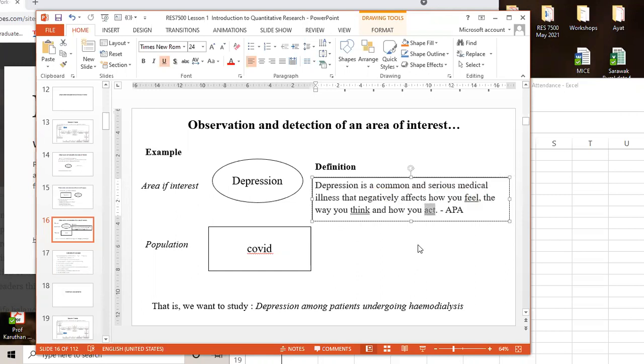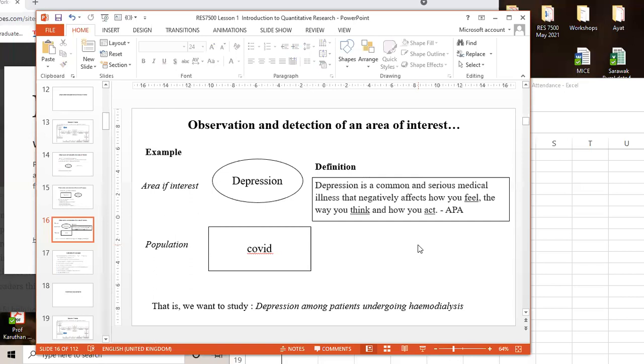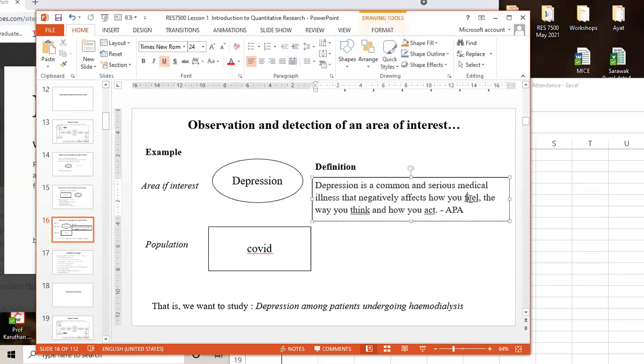If I go on this alone, my questionnaire will have three sections: one on feeling, one on thinking, one on acting. It's only a simple definition. This is what we have here among the dialysis patients.